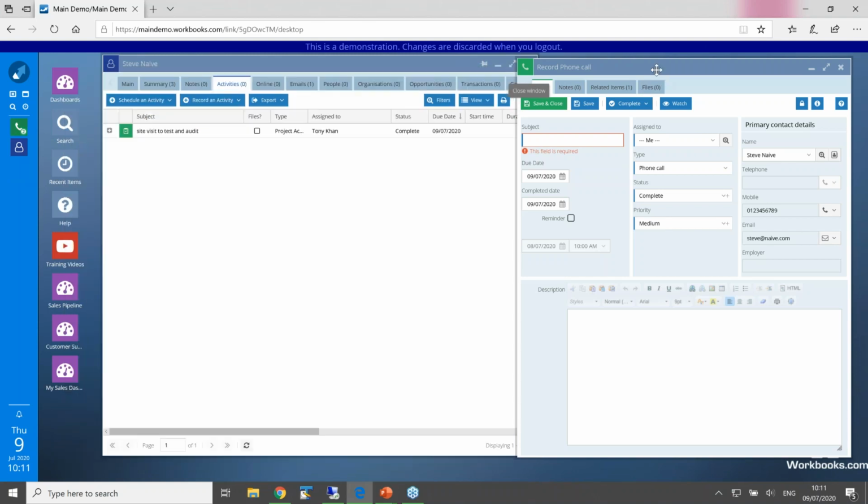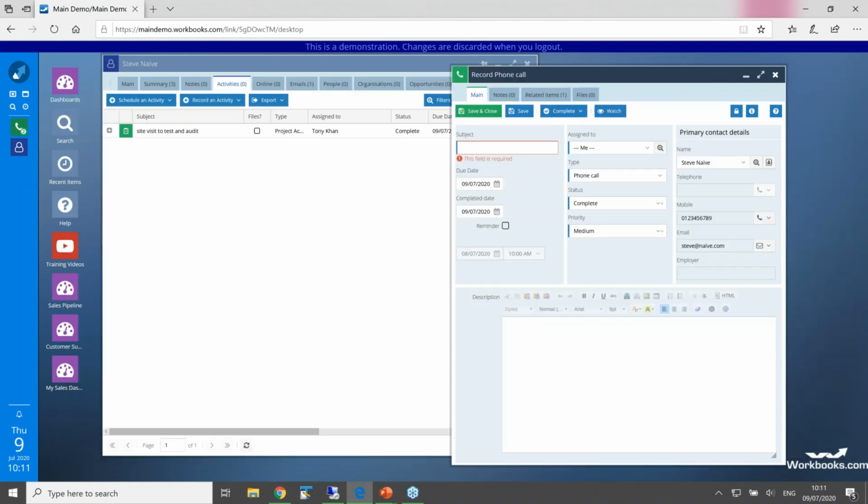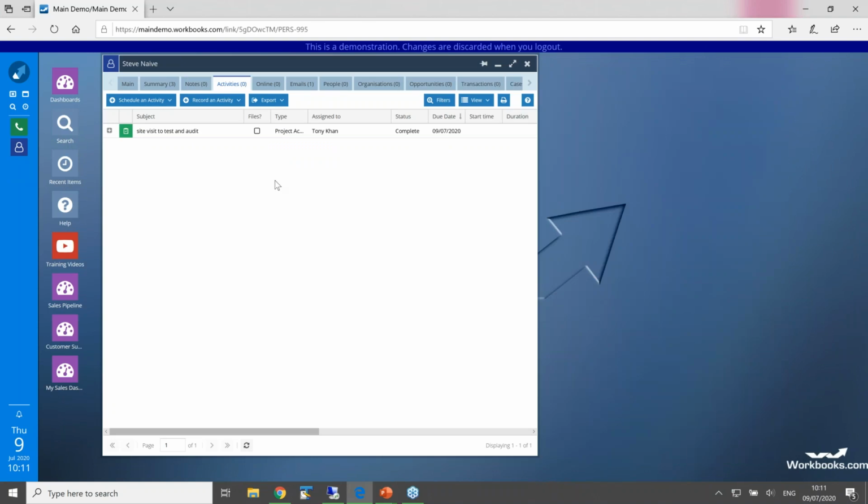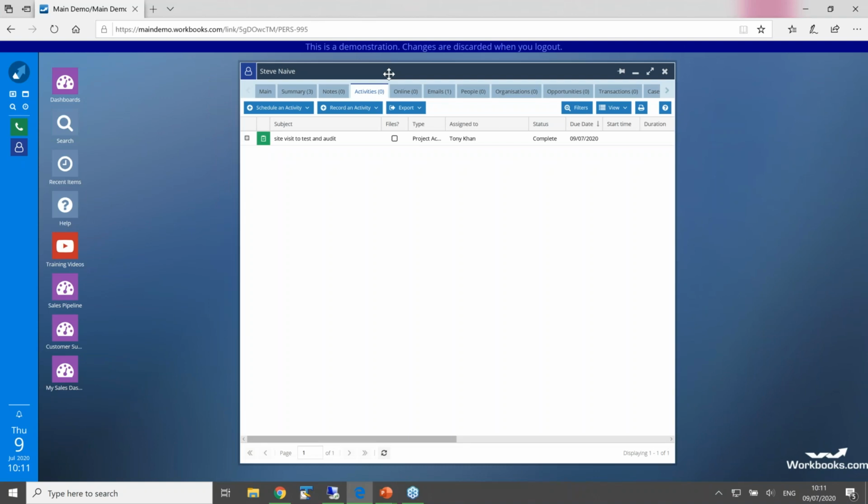Now, I thought for this session I would come up with a particular example that I thought might be quite useful, and certainly in this lockdown period, although we're coming out of lockdown now in 2020 following the COVID crisis,